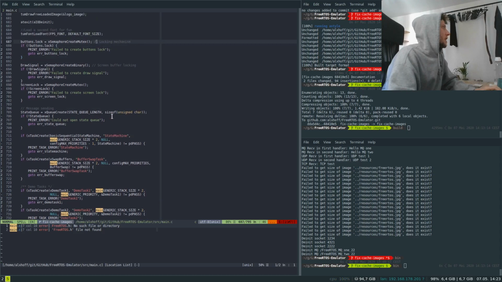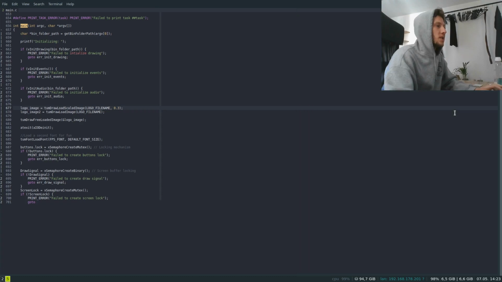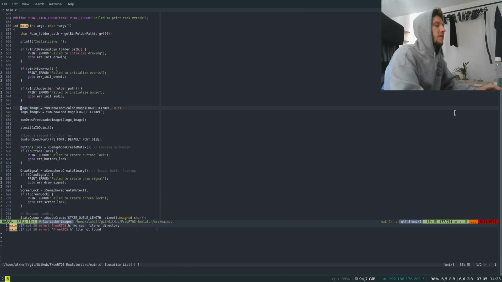So if we look here, this logo image, now how this works is, if I close it, nothing really changes, so I don't need to show you the actual execution of the function, but if we open up the